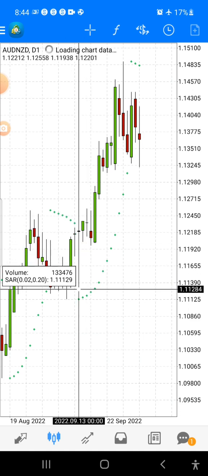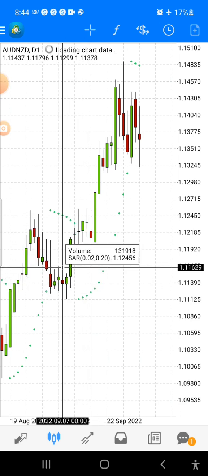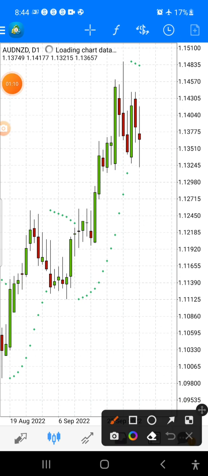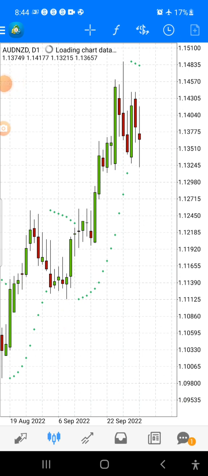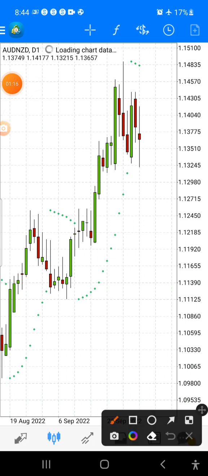Okay, if you bought here after this signal, let me show you guys. If you bought here after this signal, you should have closed the trade here when you see two or three dots. Okay, this dot is different. If you have bought here, you should have closed your trade around here. These three dots, you see it? These three dots